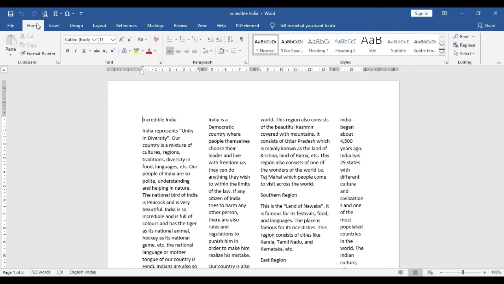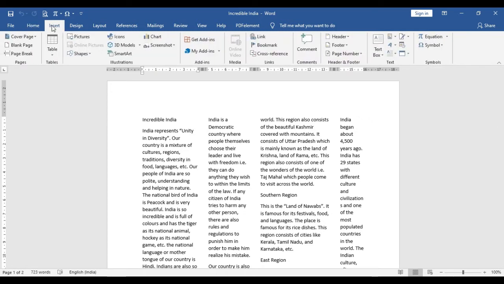Now let's insert a header in this document. So for inserting a header, first go to the Insert tab. Then from the header and footer group, you have to select Header.